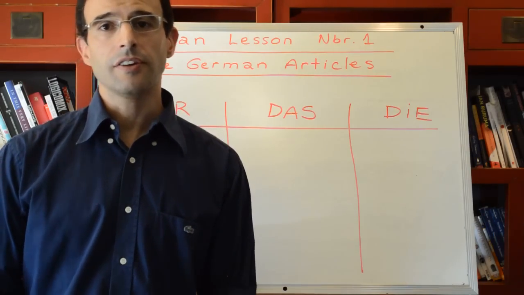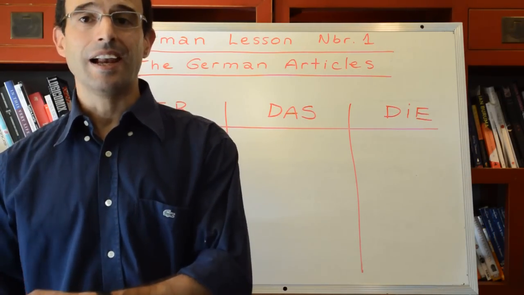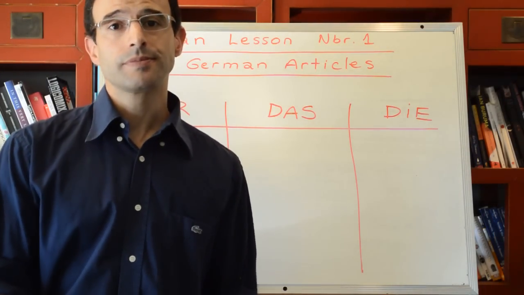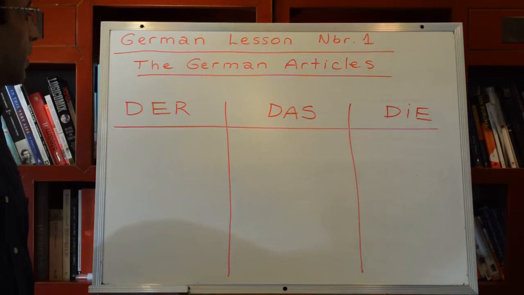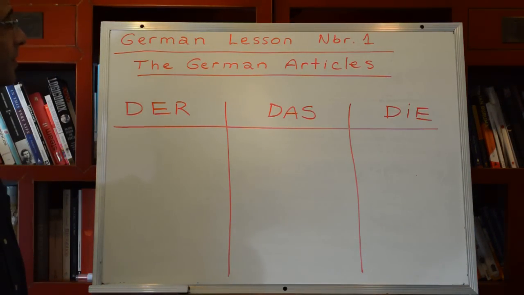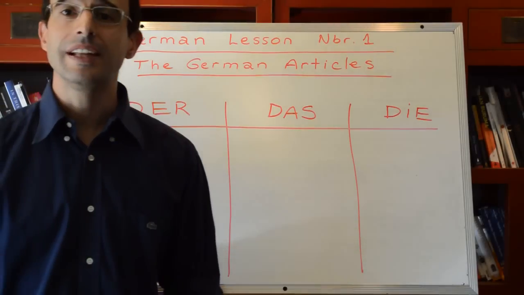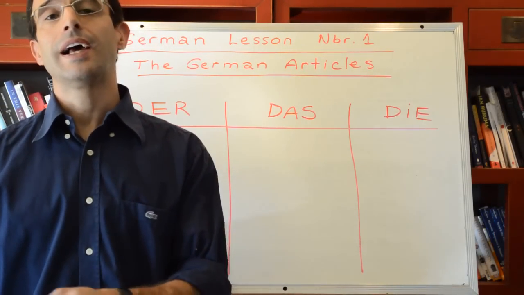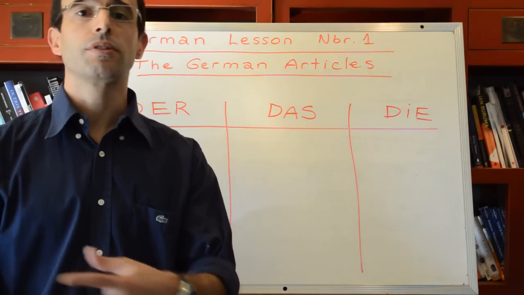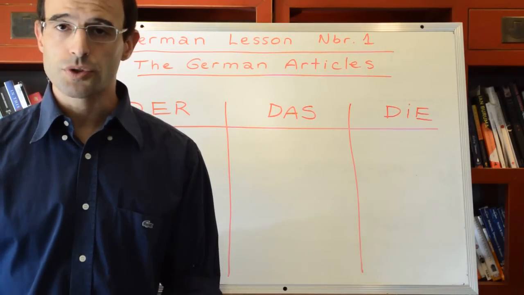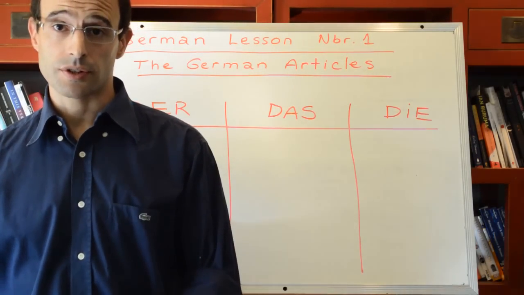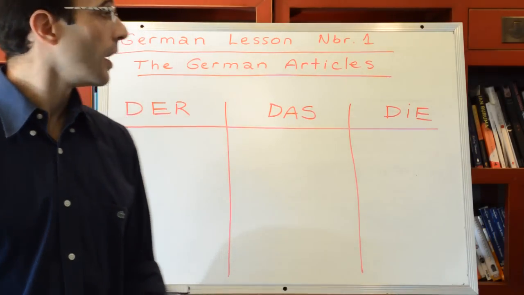So instead of beginning with the alphabet, as I usually do, this time I will begin our lesson number 1 with the German articles, right? And let's leave the alphabet for lesson number 2, and also some notions on pronunciation and how to pronounce in German. Okay,